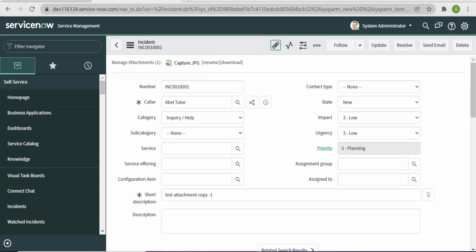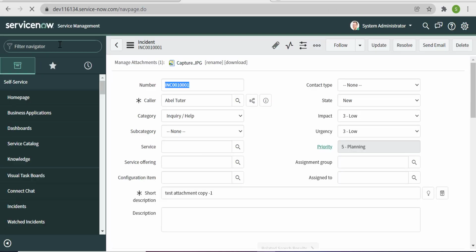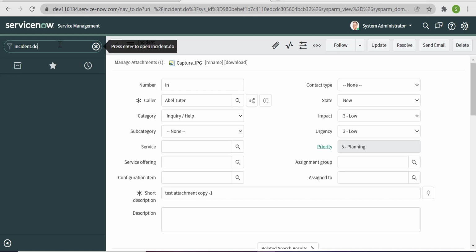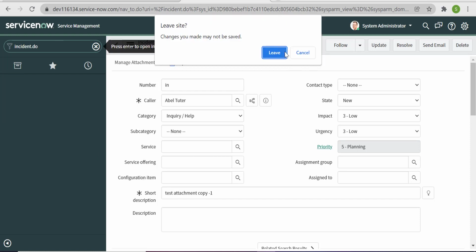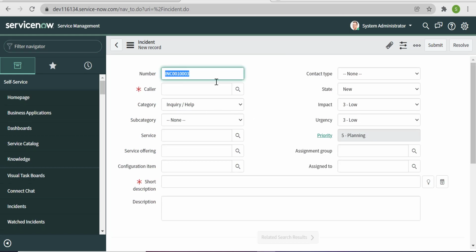Now let's create one more incident. Incident.do is the shortcut to open the new form.